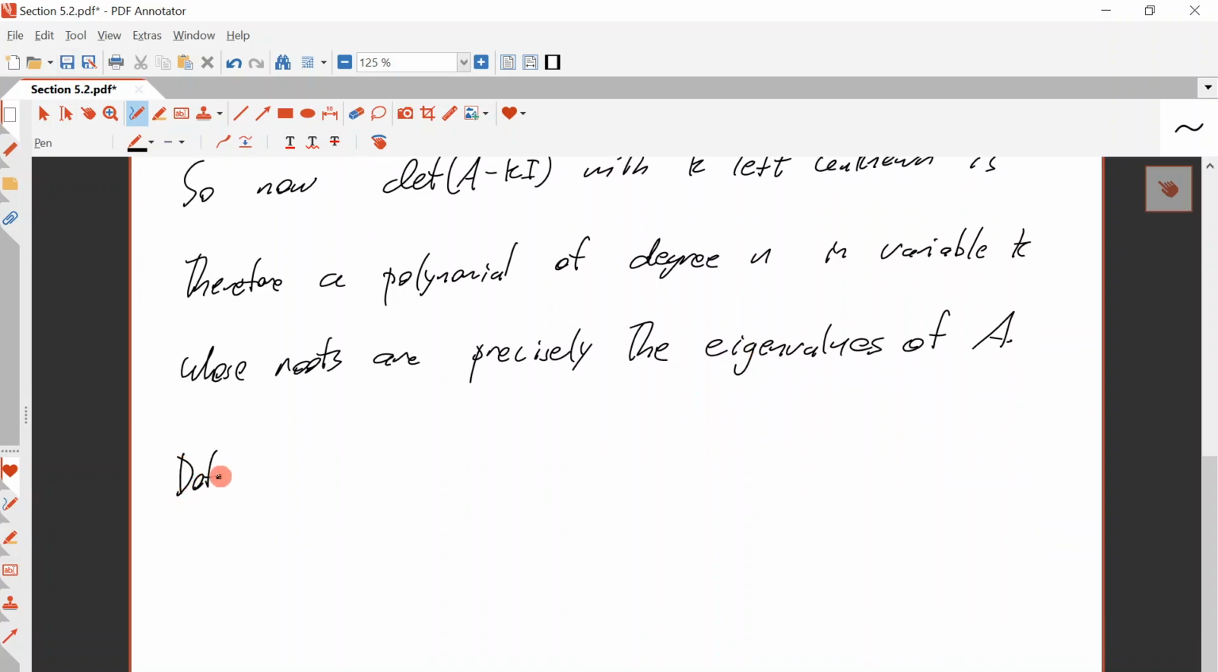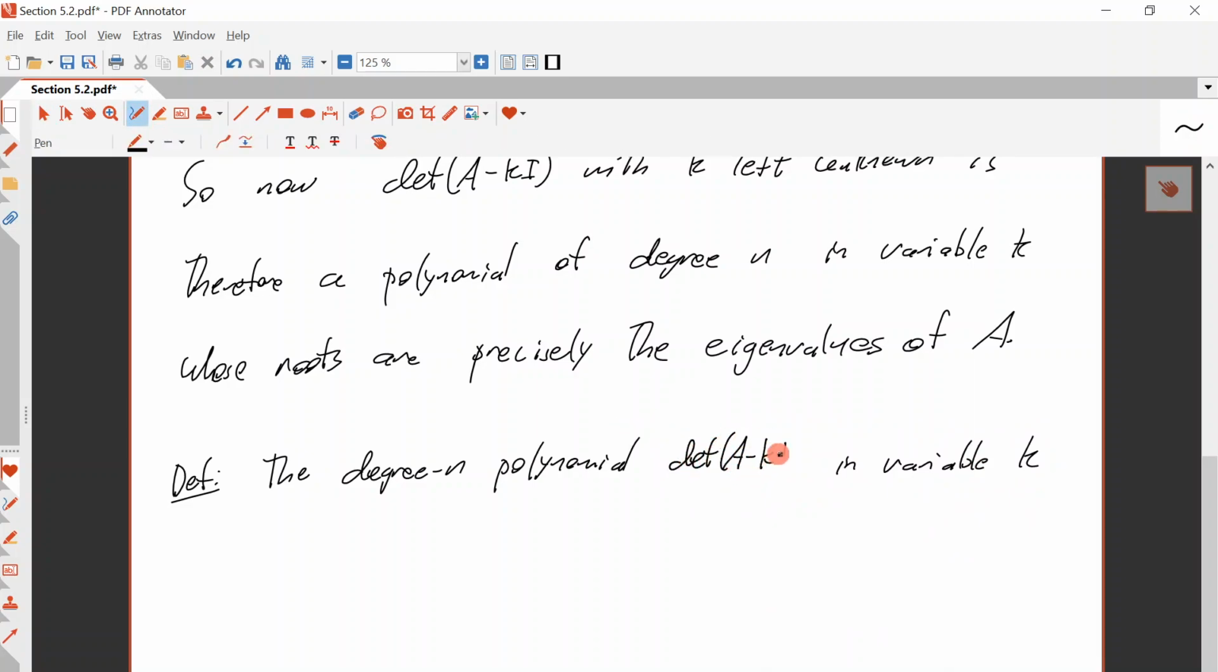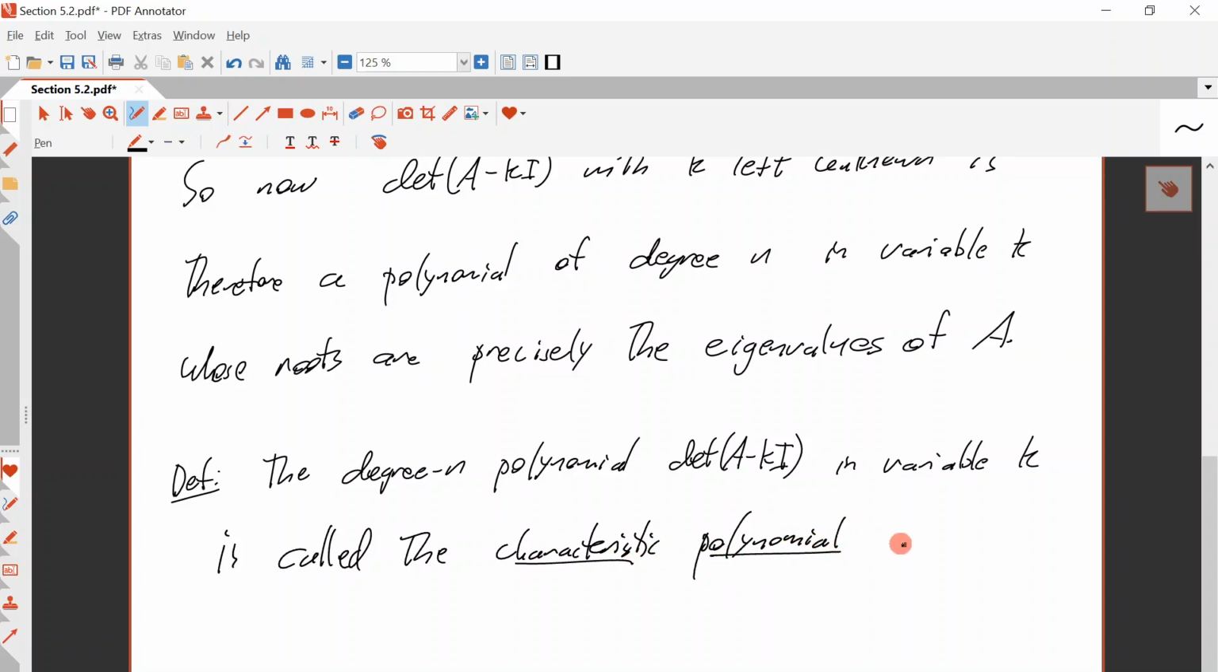Okay, so this polynomial, the degree n polynomial in variable k, determinant of A minus kI, is called the characteristic polynomial of A. So, for example,